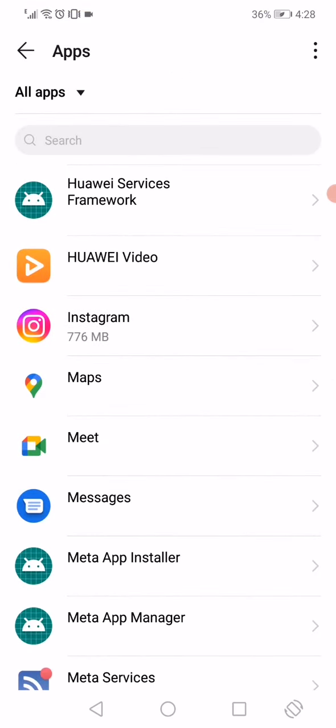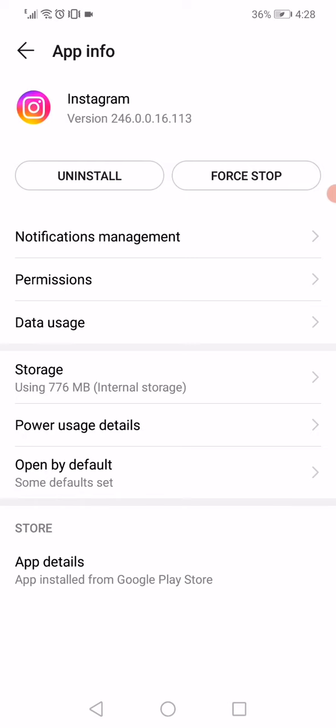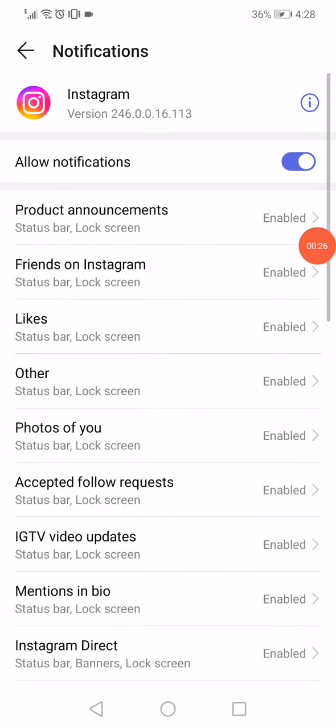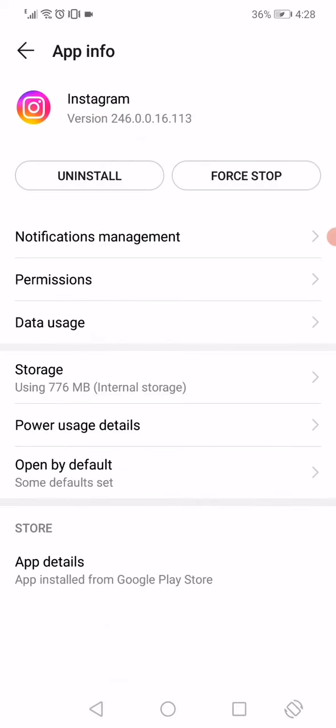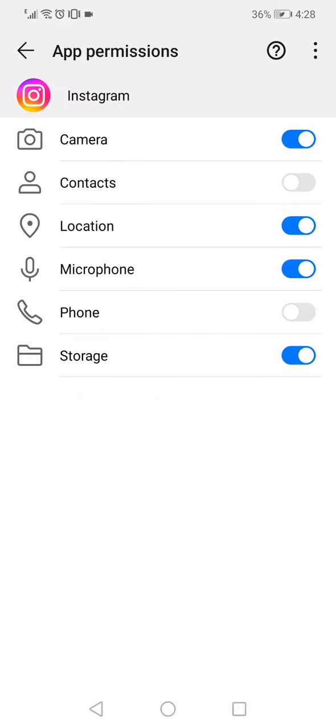then go to the Instagram app information on your phone. Now click here on force stop and then go to the notifications management and disable the notifications like this and enable it again. And now go to the permissions and make sure to enable all the permissions, and then